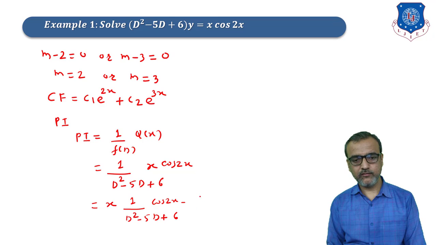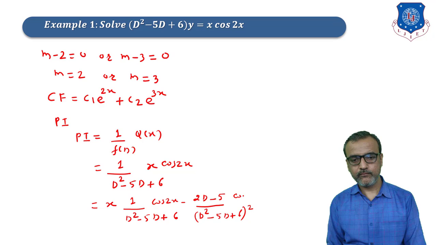Now we will write down f dash d. It means we have to differentiate d square minus 5d plus 6 with respect to d. Derivative of d square is 2d, minus 5 will be as it is, and derivative of d is 1, and 6 is a constant value, so its derivative is 0 and no need to write down 0, divided by f of d square, and f of d is d square minus 5d plus 6, the whole square.